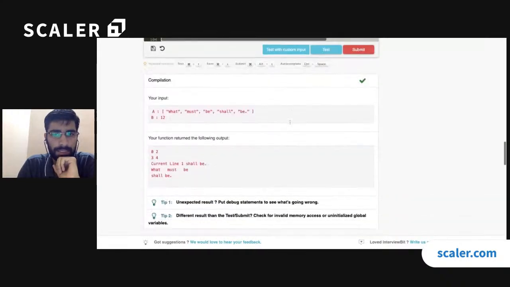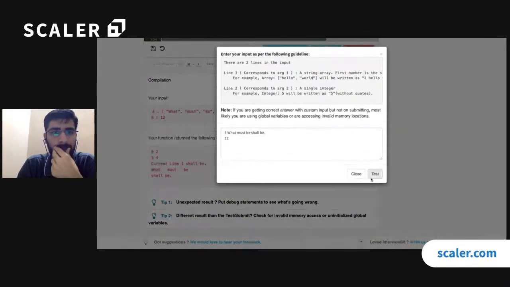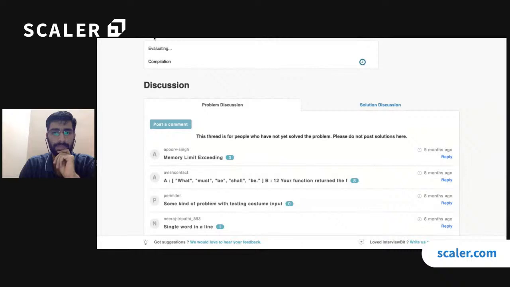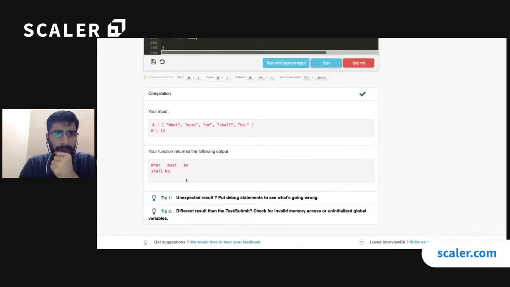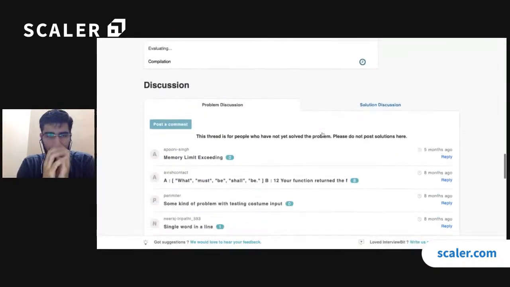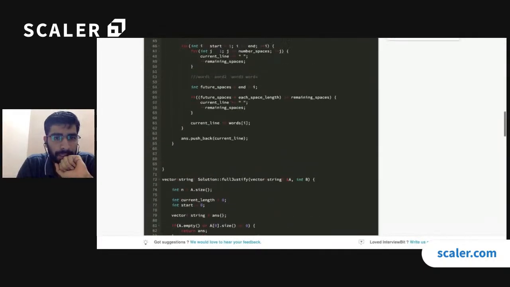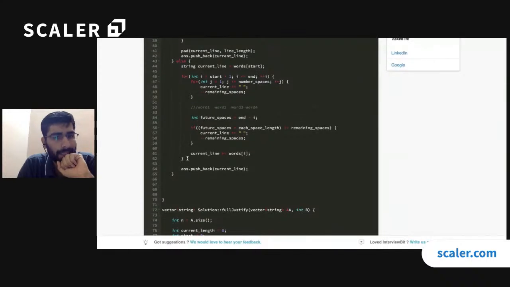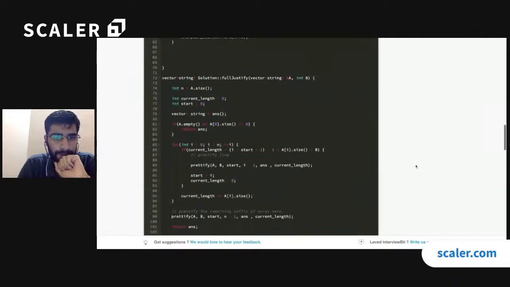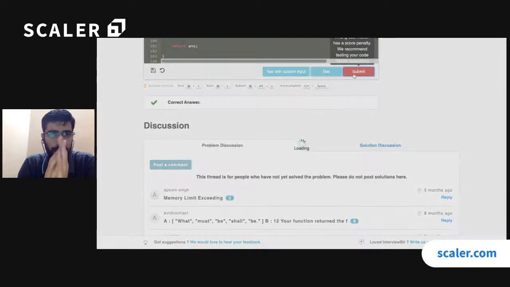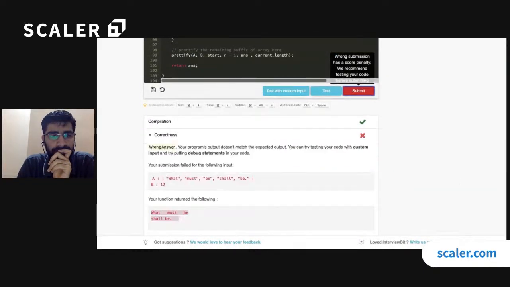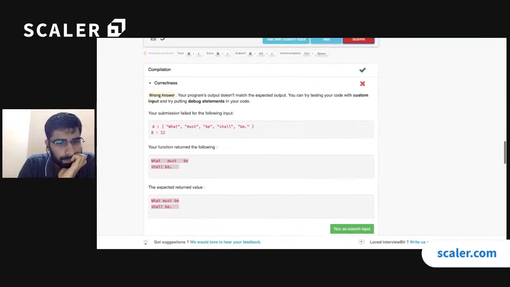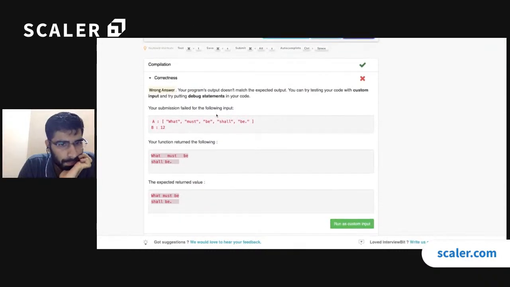Yes, I think let us just test with custom input, and now we should be fine. Yep, seems fine. So what I did was I put this thing inside the for loop. Amazing. Okay, let us see if it works. This is working, but